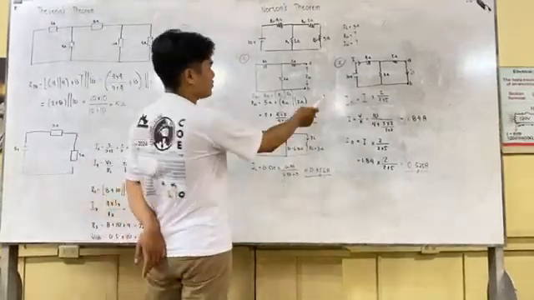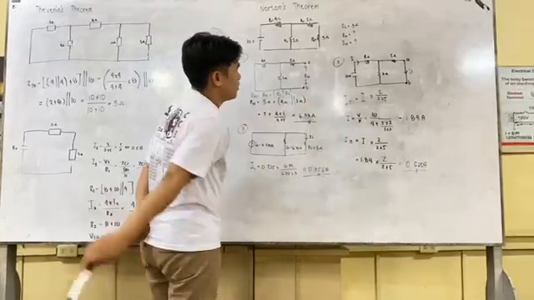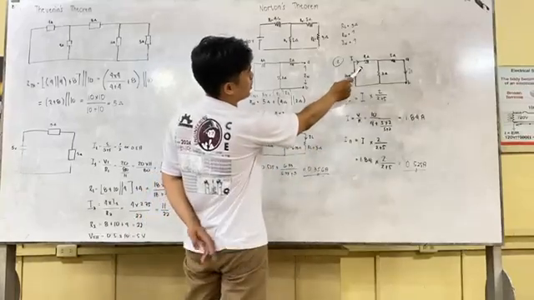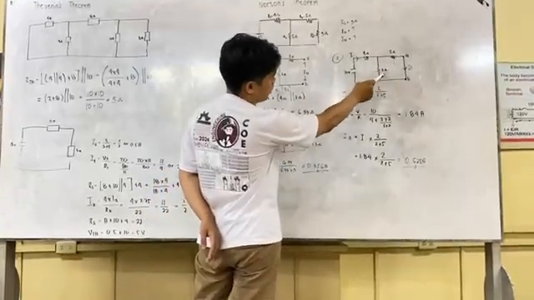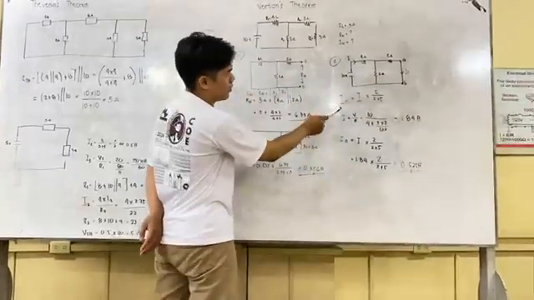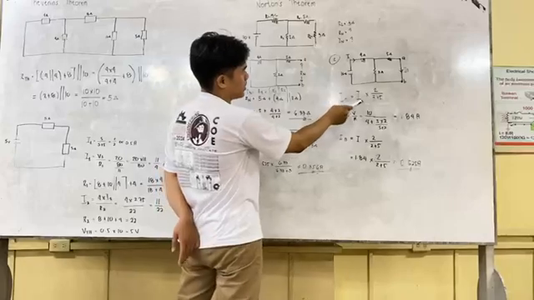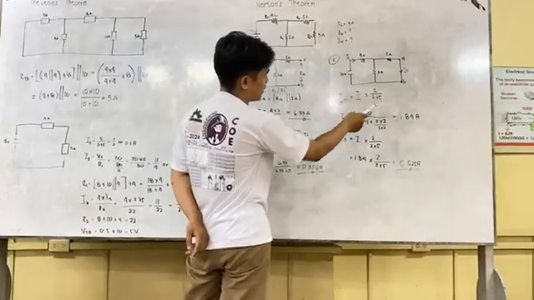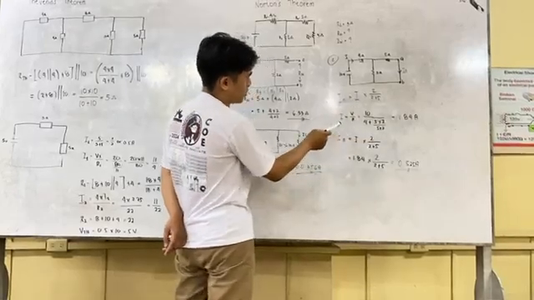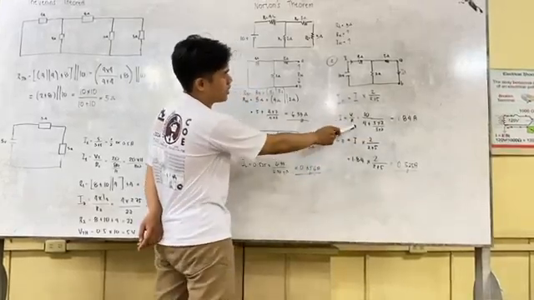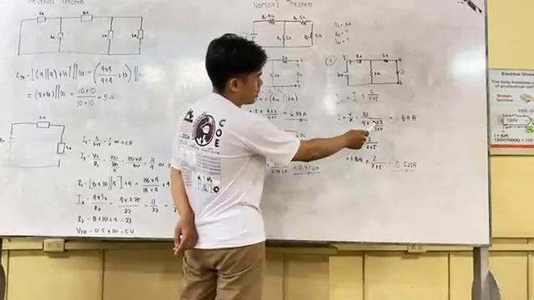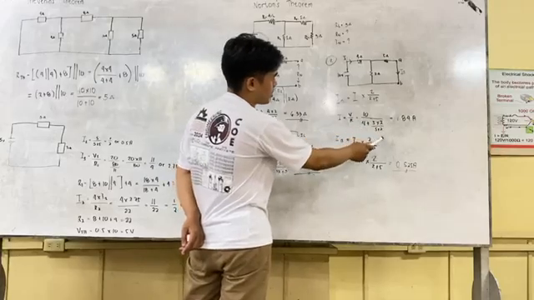Now for the second diagram, we're going to solve for the IN. So we have 10 volts, 4 ohms, 5 ohms, 2 ohms, then I is pointing downwards. The formula for IN is I times 2 over 2 plus 5. Since we don't have I, we're going to solve for I. The formula for I is V over R. Then substitute the values: 10 over 4 plus 5 times 2 over 5 plus 2,